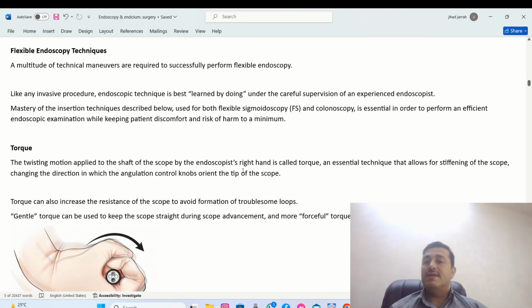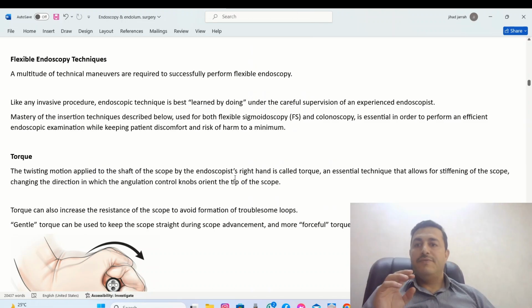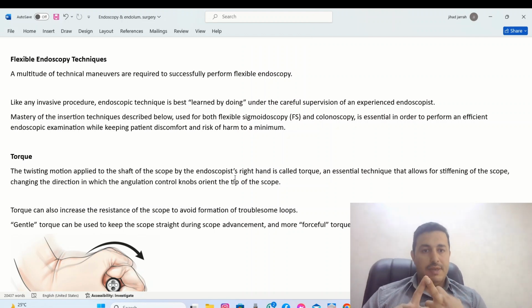We move to the flexible endoscopic techniques, and these are divided into flexible sigmoidoscopy or colonoscopy. Here we are talking again about flexible sigmoidoscopy. Sigmoidoscopy can be rigid or flexible. Flexible endoscopy, flexible sigmoidoscopy or colonoscopy. And the difference between flexible endoscopy and what we already discussed, such as anoscopy and rigid proctoscopy, is that these are flexible